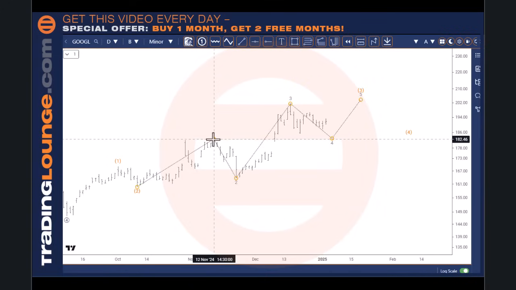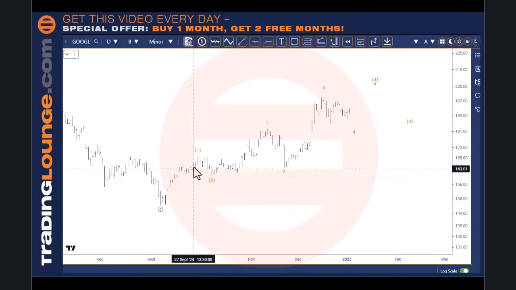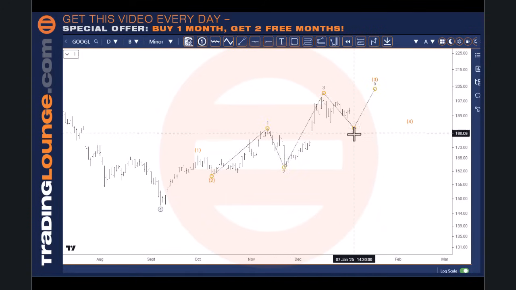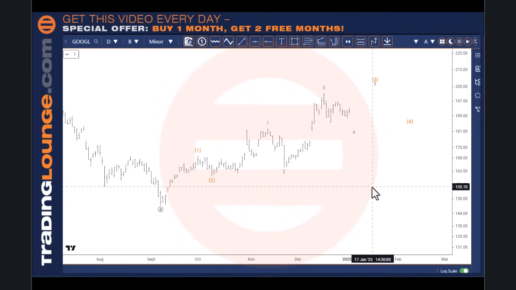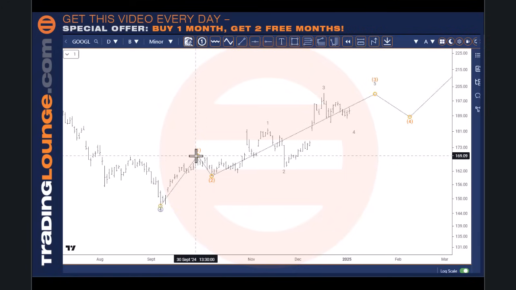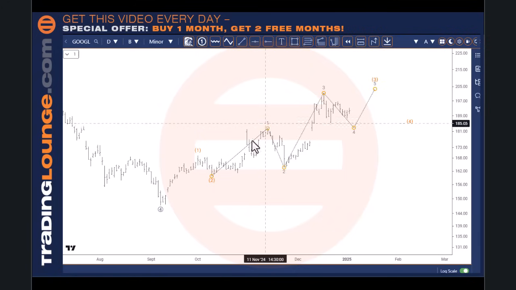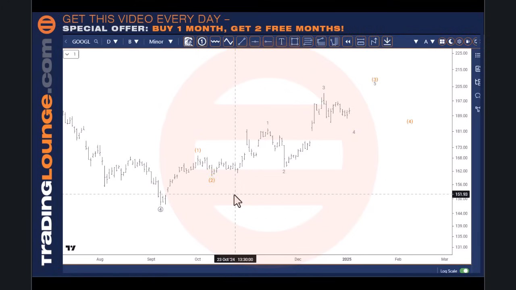wave 1 here, because if it overlaps this wave 1 here, perhaps then we need to look at this here as wave 1 and 2 and 1 and 2 and 1 and 2 to the upside. But we don't particularly like going there because those 1s and 2s don't sort of play out a lot of the time. So, but anyway, there is a little bit of an issue with that. We could put possibly wave 1 up to here. That, yeah, whichever way you go, this is probably the best count, and we're just still in this little area here, so we'll need to be a little bit mindful.